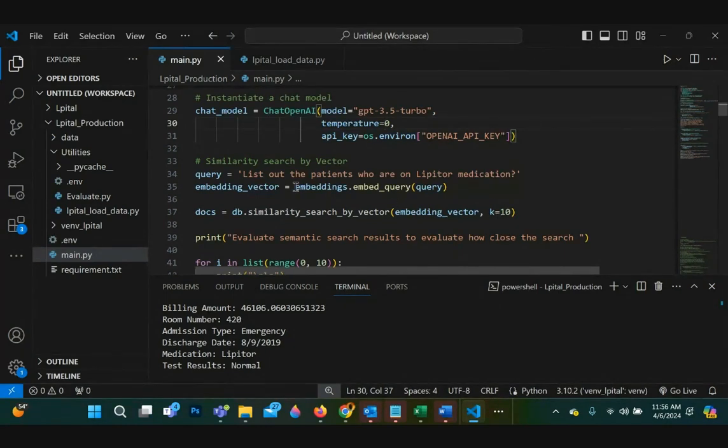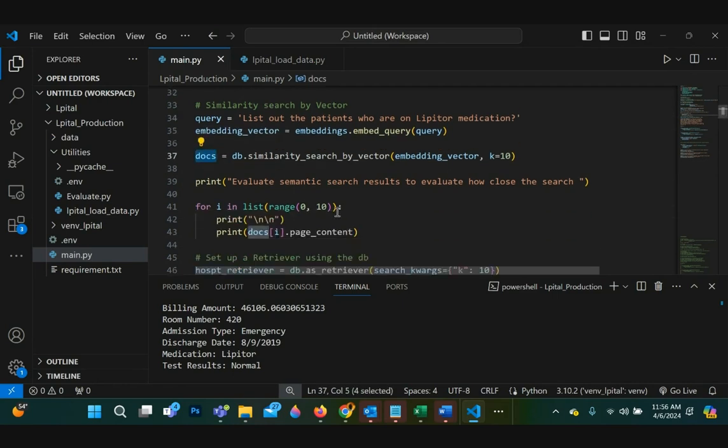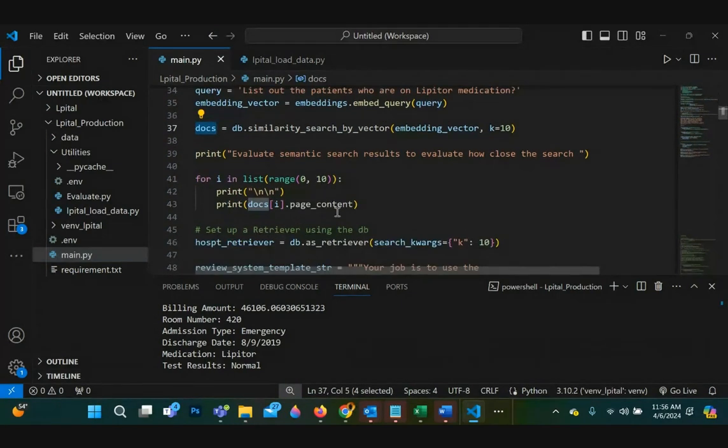So this query may return over 1,000 rows, but I just need the top 10. So these top 10 docs will be in this variable here. And here, I'm just printing out what is being returned in the docs.